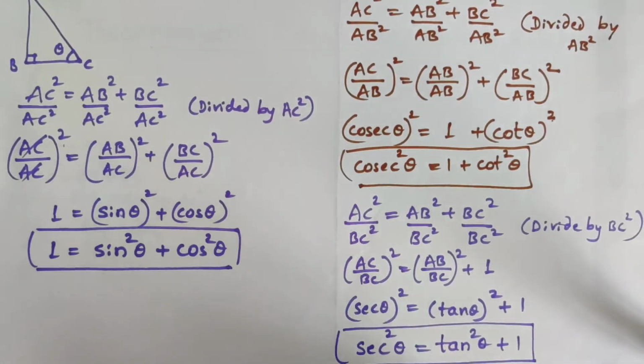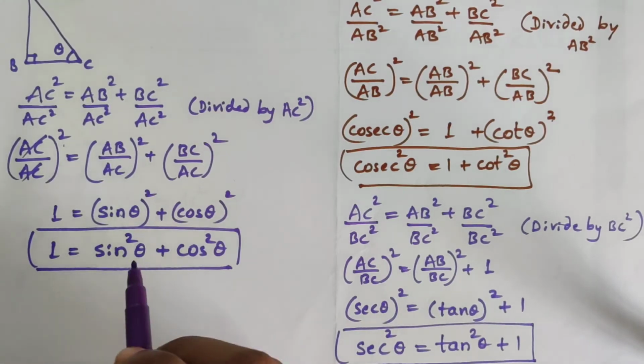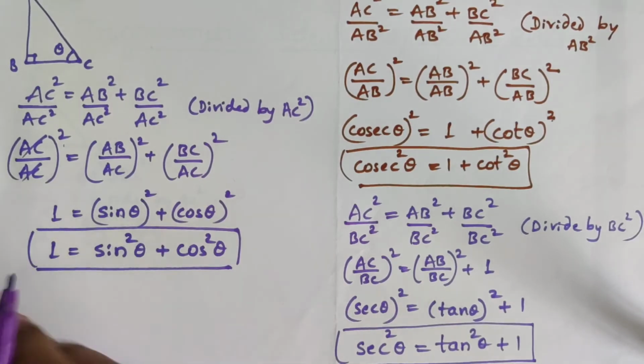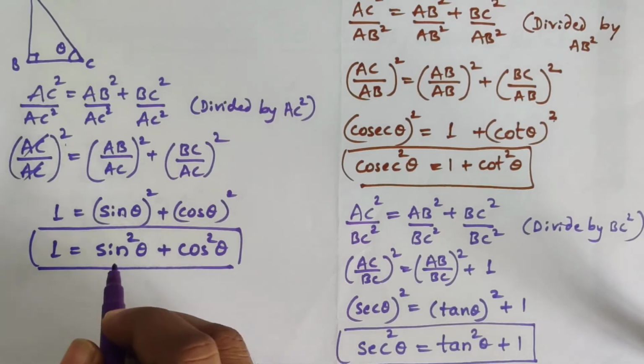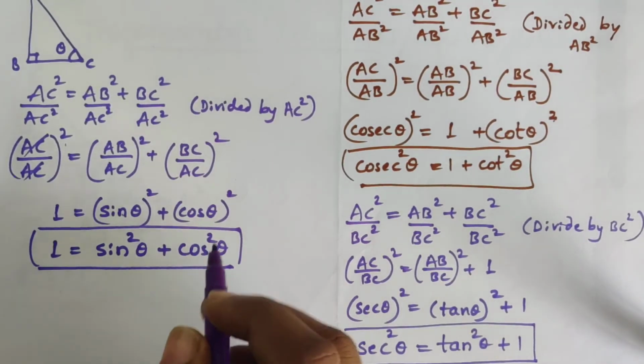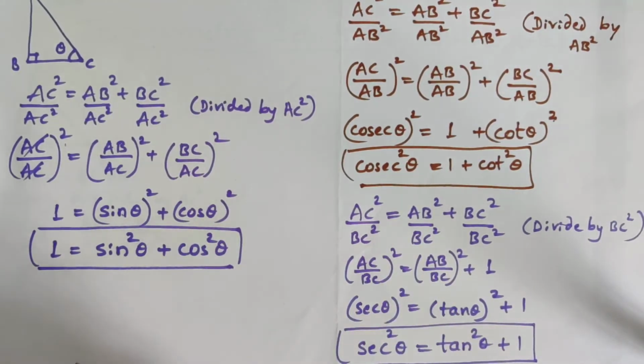We will use these three square relations and we may solve some very useful problems. It is used even in proving certain questions where your left hand side should become equal to right hand side. Not only that, if you know one trigonometric ratio, you can find all the other 5 trigonometric ratios if you know these relations.